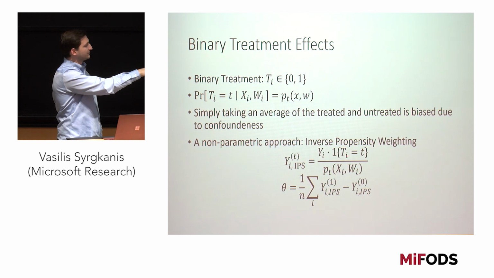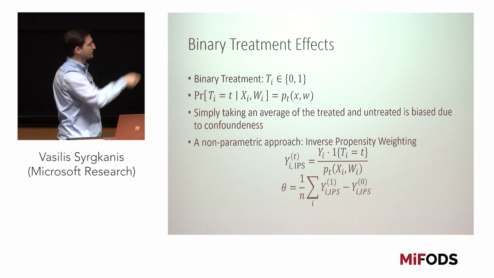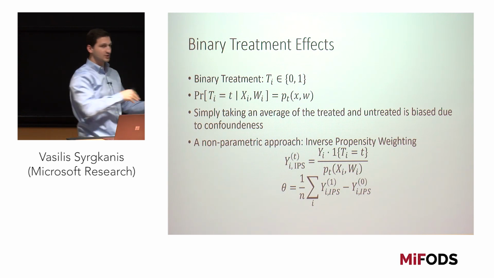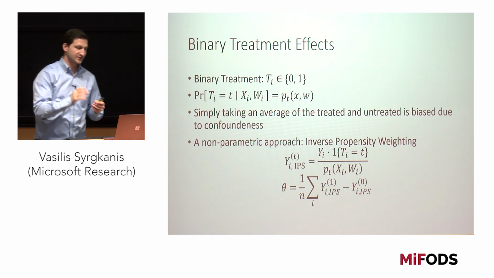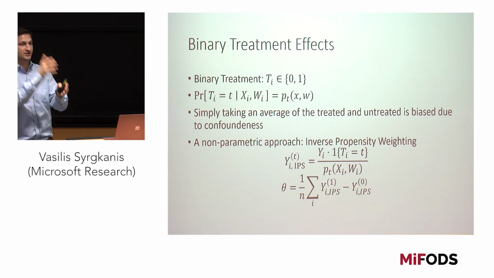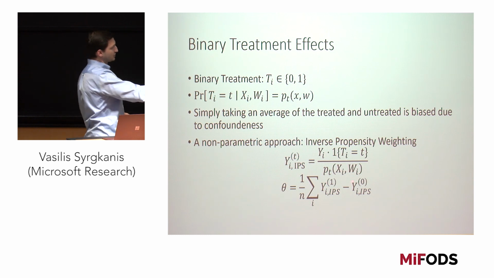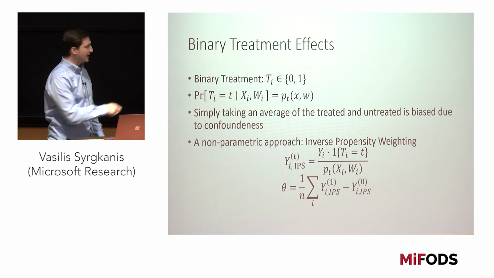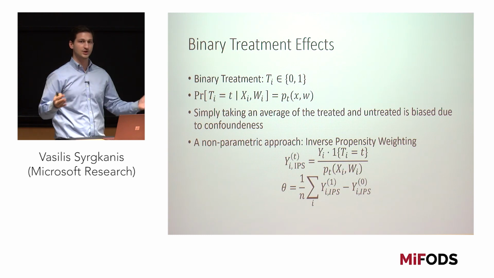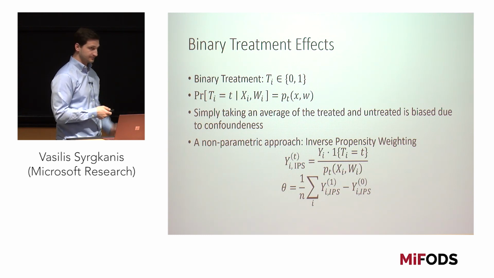So this would be 0 if you didn't get that treatment, and this would be y divided by the propensity if you did get treatment t. And so in expectation, the expected value of yi 0 is equal to the true potential outcome, and the expected value of yi 1 is equal to the true potential outcome. So now that you have an unbiased estimate of both potential outcomes, which is what would have happened to exactly you if we treated you or we didn't treat you, then you can just take for every person the difference of these two potential outcomes and take an average of this difference over the whole population, and this would be an unbiased estimate of the average treatment effect.